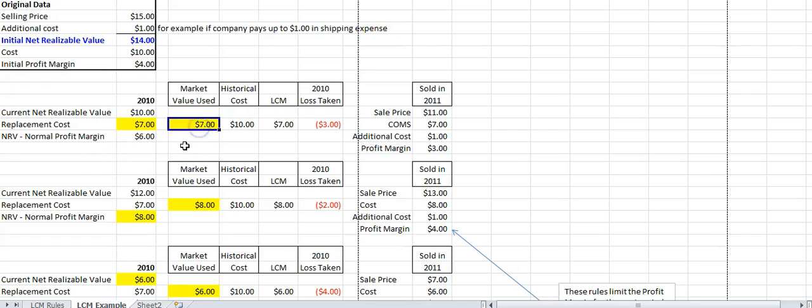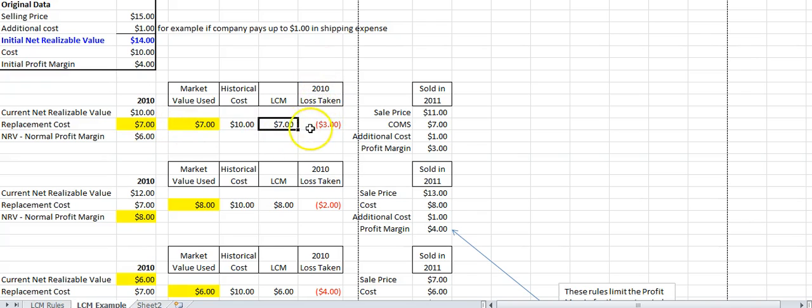So we plug it in here, and our market value will be 7, the replacement cost. Our historical cost is 10, which we stated over here. And so we're now going to value our inventory at the lower of the two. The lower is 7. So our new value for our inventory will be 7,